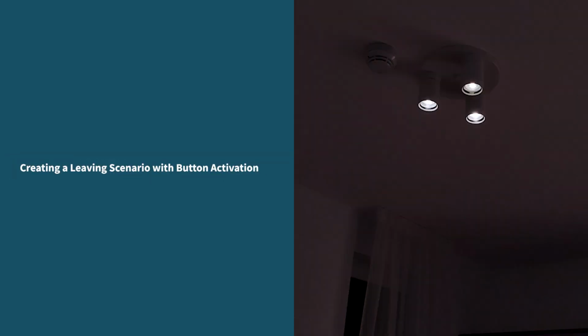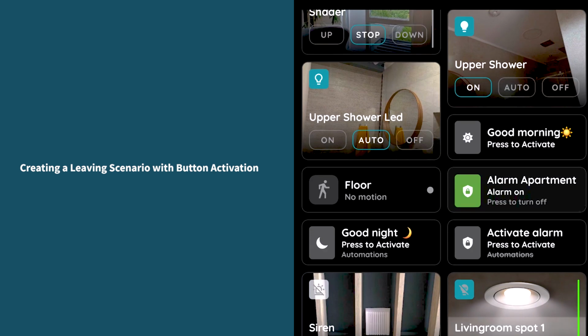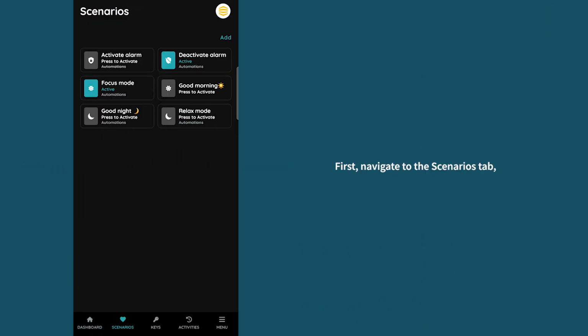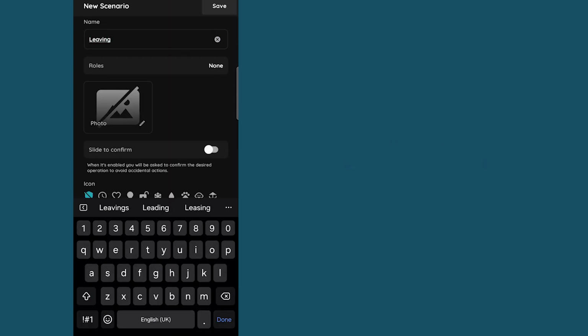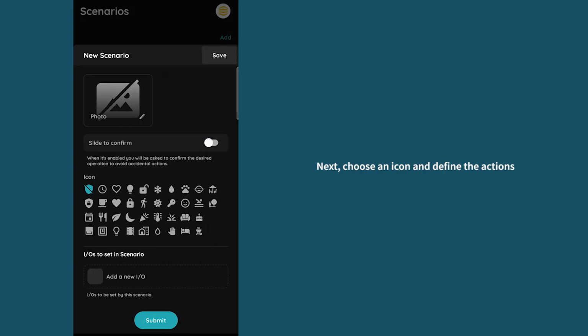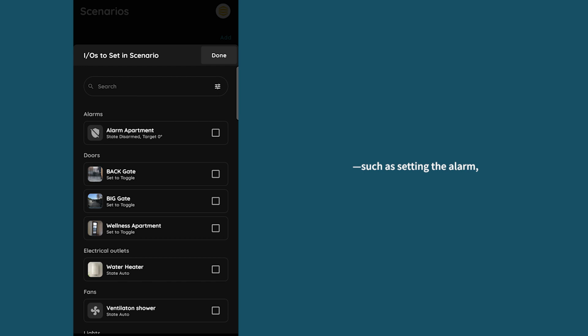In this video, we'll show you how to create a leaving scenario that is activated by holding a button. First, navigate to the Scenarios tab. Click Add, name the scenario, and then select the role in Dashboard. Next, choose an icon and define the action such as setting the alarm,